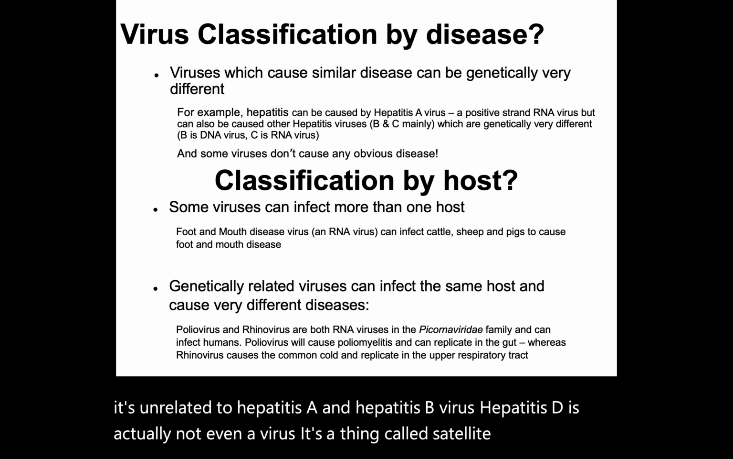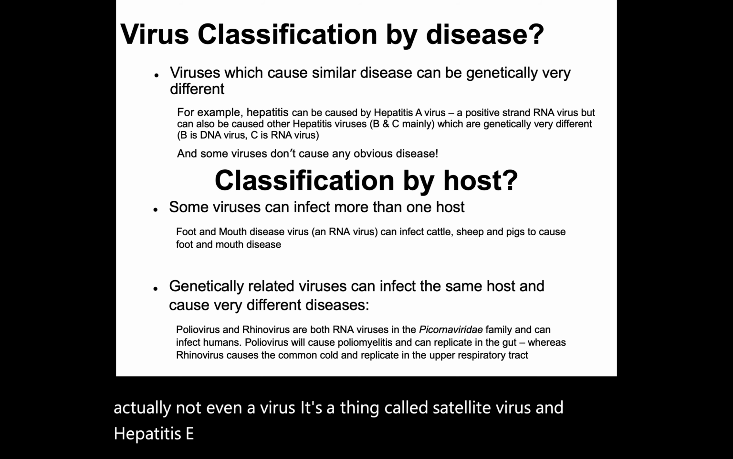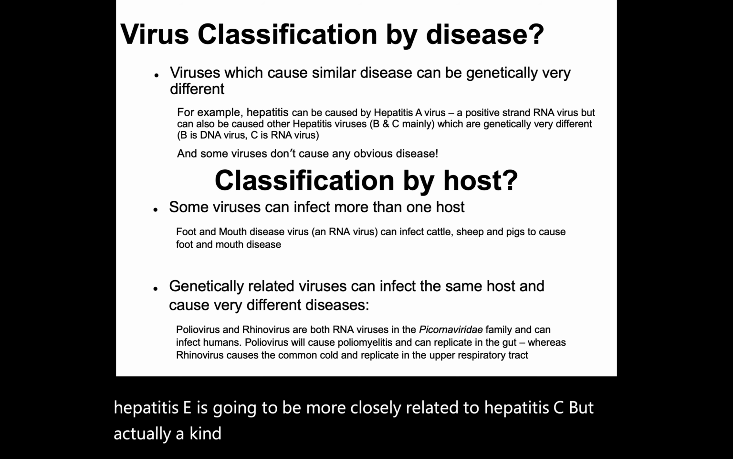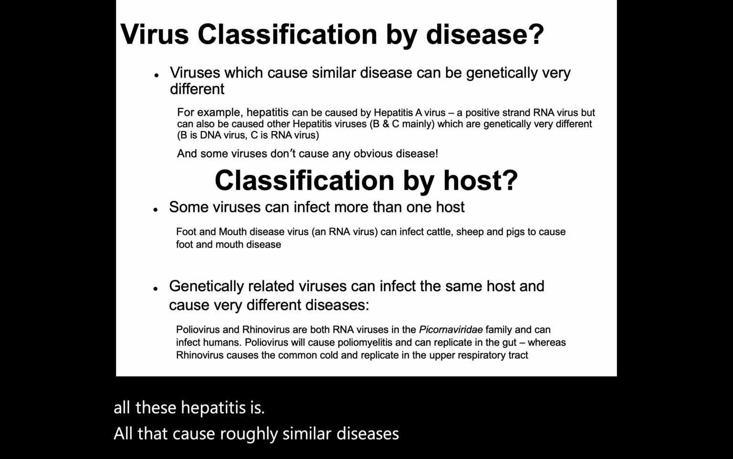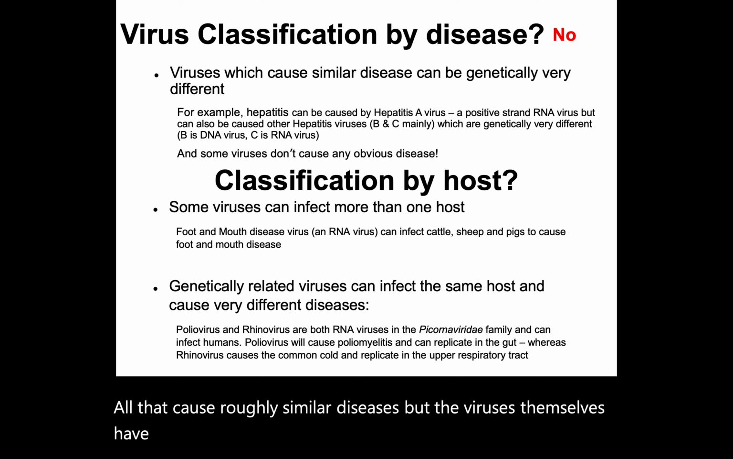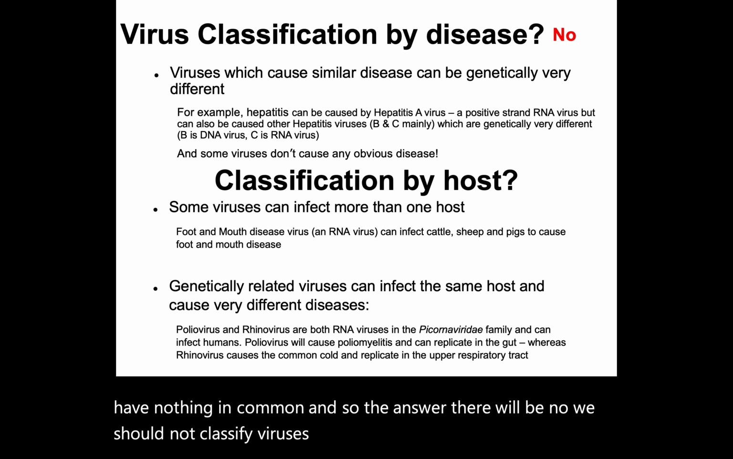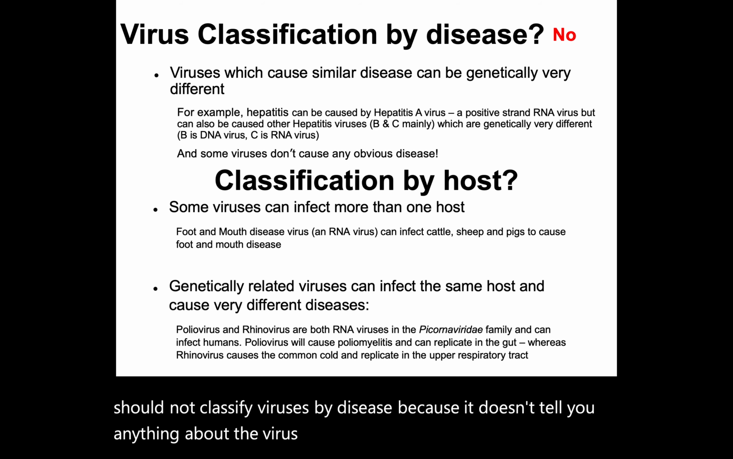And hepatitis E is going to be more closely related to hepatitis C, but actually a kind of a different branch of the family. And so there are all these hepatitises that cause roughly similar diseases, but the viruses themselves have nothing in common. And so the answer there would be no, we should not classify viruses by disease because it doesn't tell you anything about the virus itself. It just tells you about the disease. And interestingly,